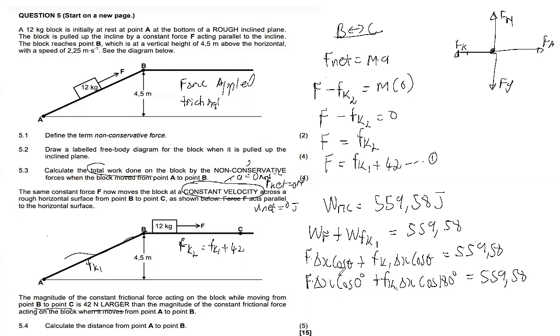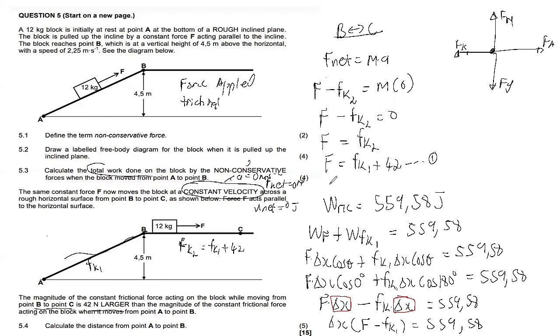Then equal to 559.58. So the cos 0 is 1, so we'll only be left with F delta X, but cos 180 is -1, so we end up with negative Fk delta X equals 559.58. Now at this point, we can see that our delta X becomes the common factor. So that means we can factor out that common factor. So we will have delta X times F minus Fk1 equals